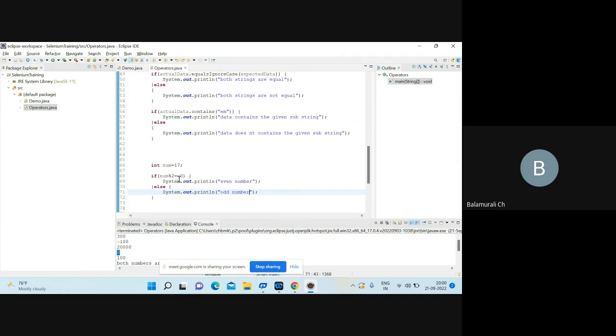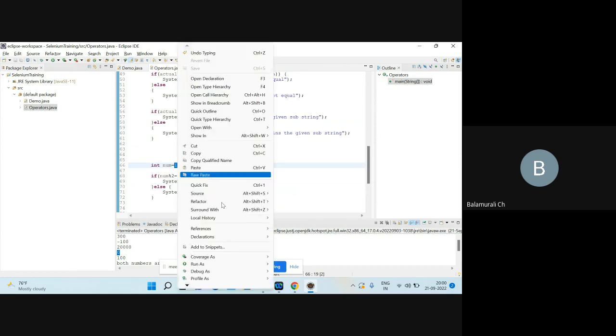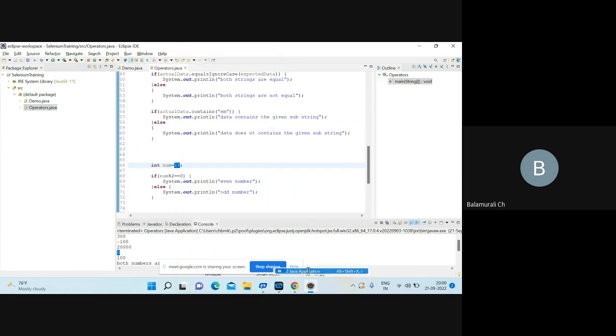So here my ask is, I have given one number, 17. I want to find out whether that is an even number or an odd number, right? So let me run this. So this is the odd number